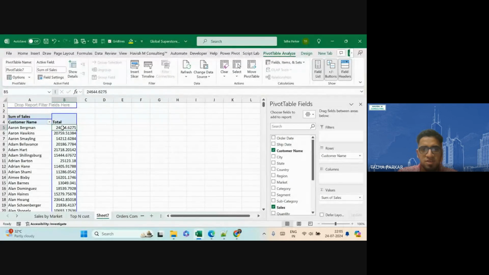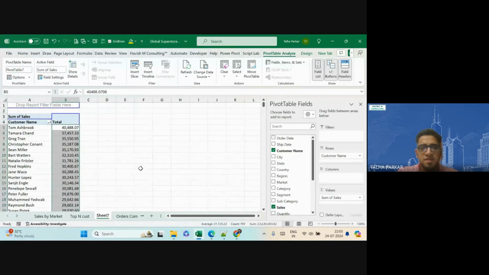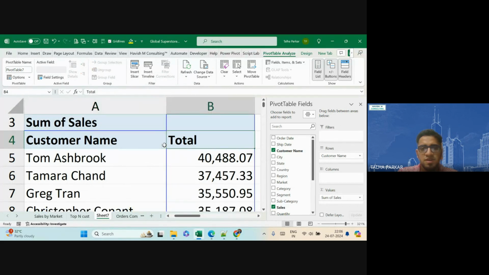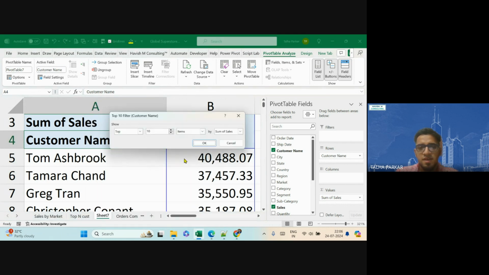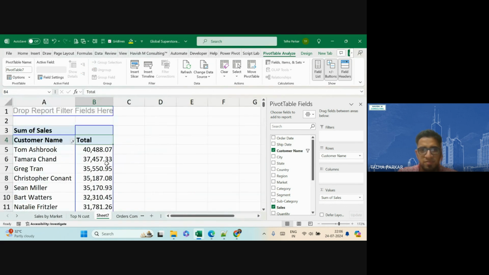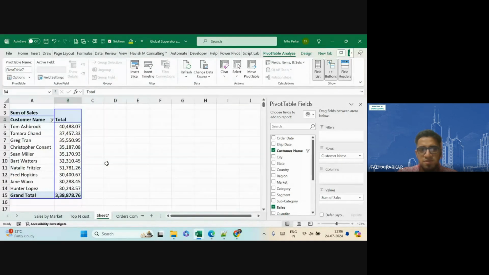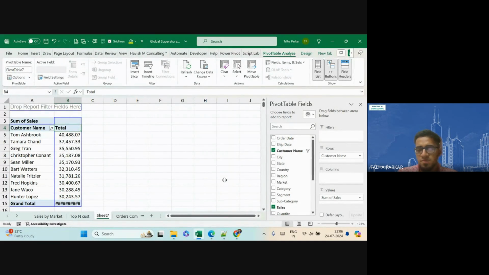यानी टॉप 10 कस्टमर्स दिखाइए। पहले आप सॉर्ट करेंगे और सॉर्ट करने के बाद आप फॉर्मेटिंग करेंगे, कंट्रोल शिफ्ट F1 से। फिर आप कस्टमर नेम के ड्रॉप डाउन पे क्लिक करके वैल्यू फिल्टर में जाएंगे, and then you will go to Top 10, and here you will get Top. यहाँ पे टॉप 10 रख लेना, इस वाले एग्जांपल में। जस्ट कीप टॉप 10 कस्टमर्स।